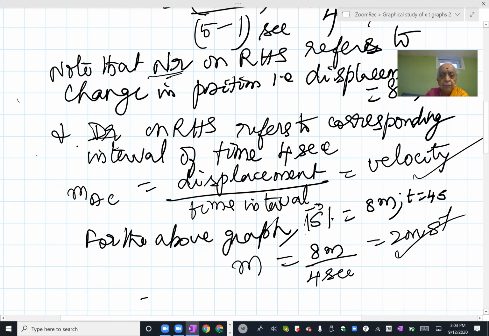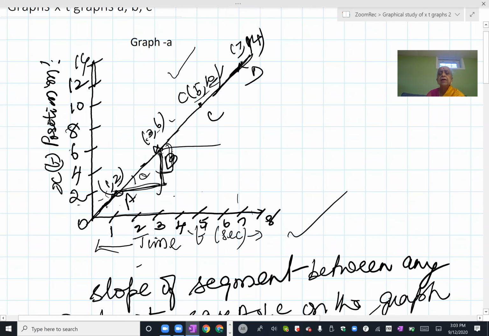So what is your conclusion about the first graph that we studied here, graph A? The graph A says that the body has a uniform velocity throughout because the line makes the same angle with the positive x-axis at all points. So no matter which 2 points you are considering, the y-coordinate difference may change, the x-coordinate difference may correspondingly change, but the y-coordinate difference by the x-coordinate difference will be the same no matter which 2 points you consider among O, A, B, C, D, all these points. And because the line is passing through the origin, I understand that at t equal to 0, the body is at the origin itself. That is the interpretation that you have to make use of.